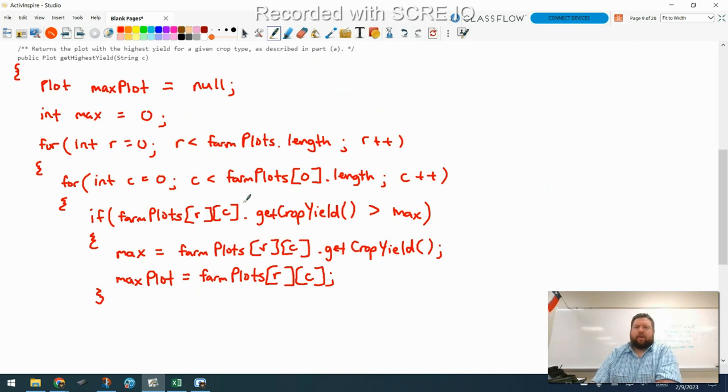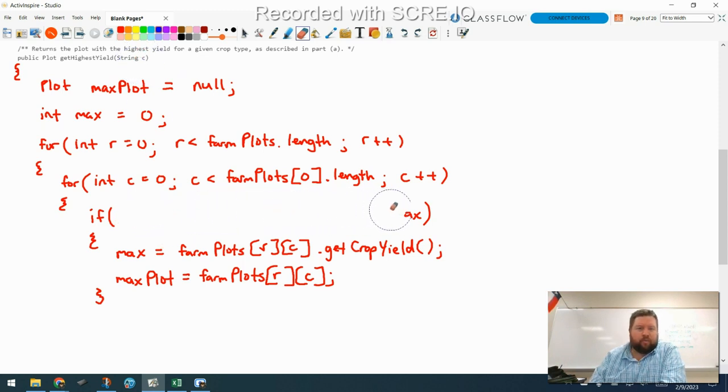All right, so I'm going to have to go back and modify my if statement a little bit here. So I'm going to erase what I have here because I want to check if the crop type is equal to this string first. Because if it's not equal to the string, then I don't want my if to do anything. Okay, so if farm plots of RC